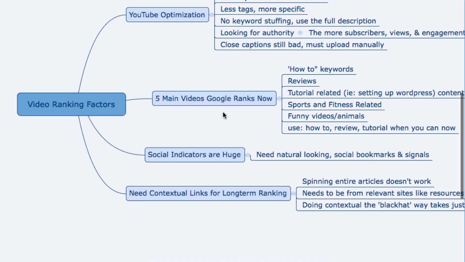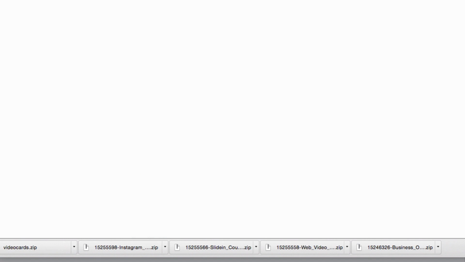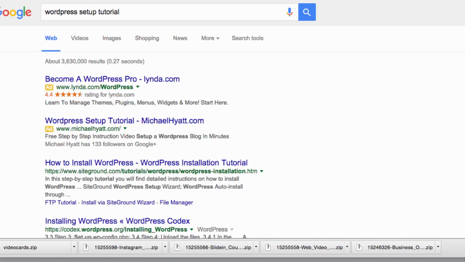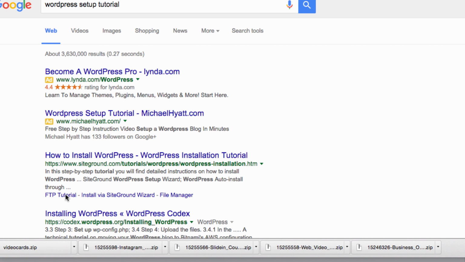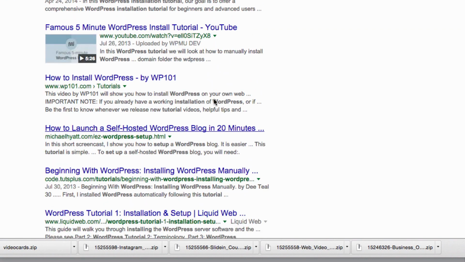Now, another thing that I've noticed is that whenever Google started incorporating the videos into their results, at first it seemed like there was a result for every top 3 keyword out there. There seemed to be a video on every page, and then they decided to incorporate videos as a result, and then a lot of the videos went down. But now it seems like they're trying to figure out what type of videos they want to show